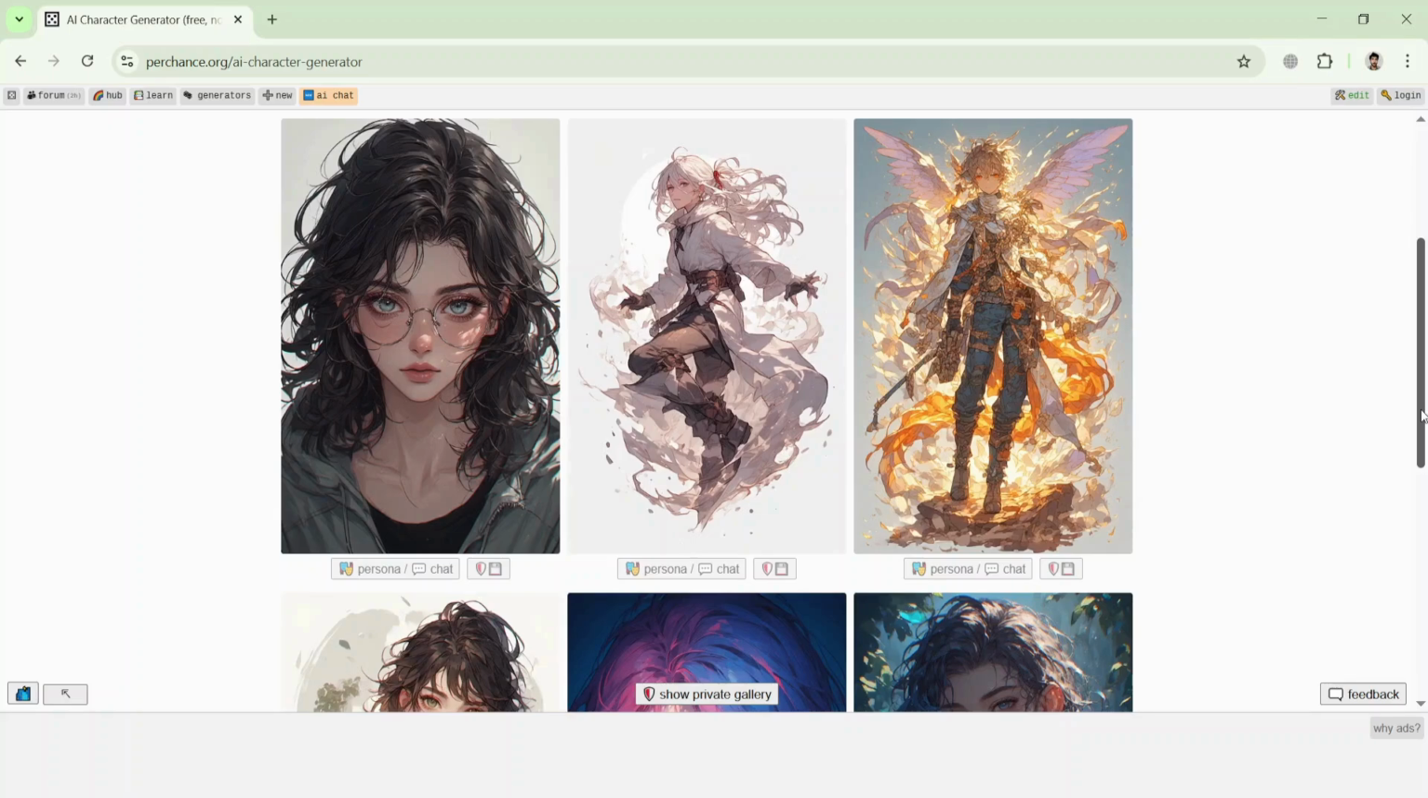The best part is no login required, unlimited generations, completely free. This makes it perfect for beginners and content creators. So this is how you can create AI images using